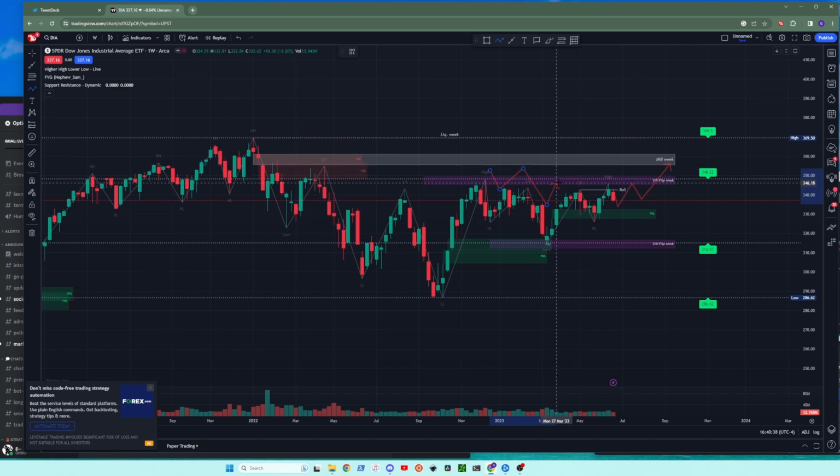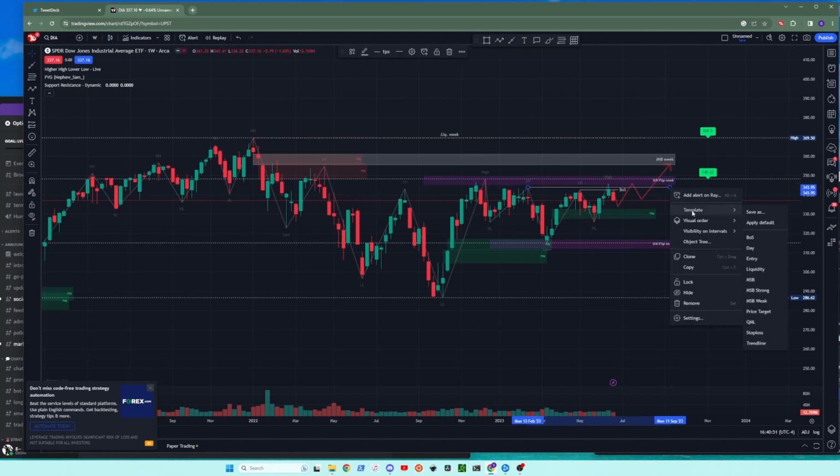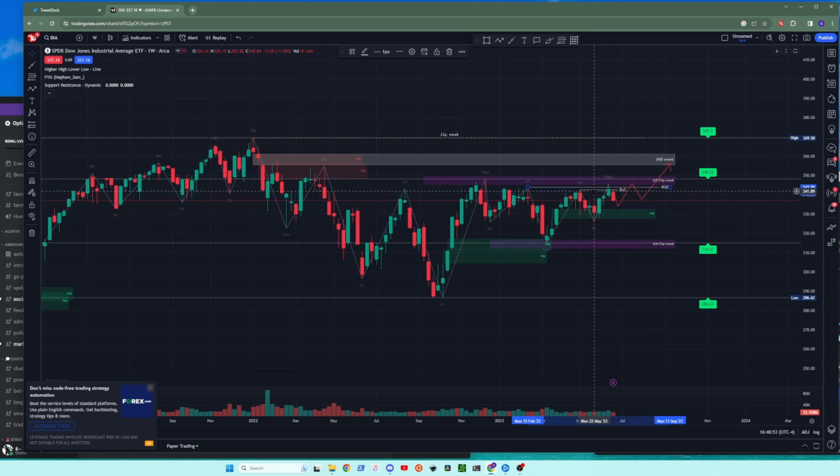Truthfully, why is that not deleting? Okay, there we go. This area here is going to be our market structure break to be looking for an uptrend again. So really a weak break of structure on the upside, and this pretty much doesn't even count as a market structure break. Yes, it broke above it, but it pretty much rejected itself here around this support resistance flip area that we have around the